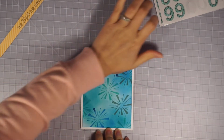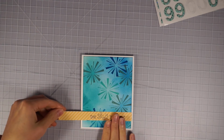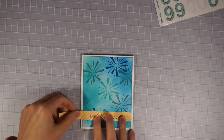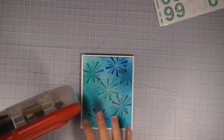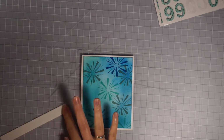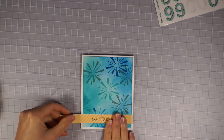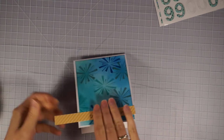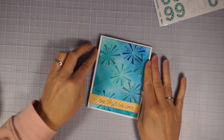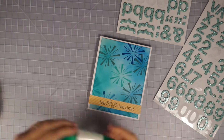I like how the fireworks turned out. And my inking doesn't look too bad once you cover it up with fireworks. I want it to hang over the edge. I think yes, so I'm gonna assemble it and then trim. Not pop anything up. Changed my mind. All right, we'll trim that little thing off. That looks good. And then we need our 2021,